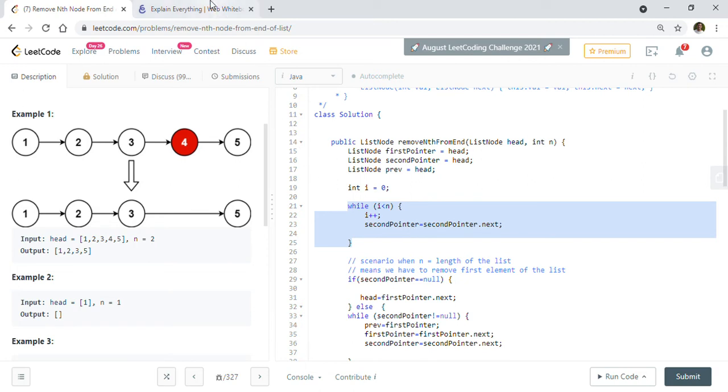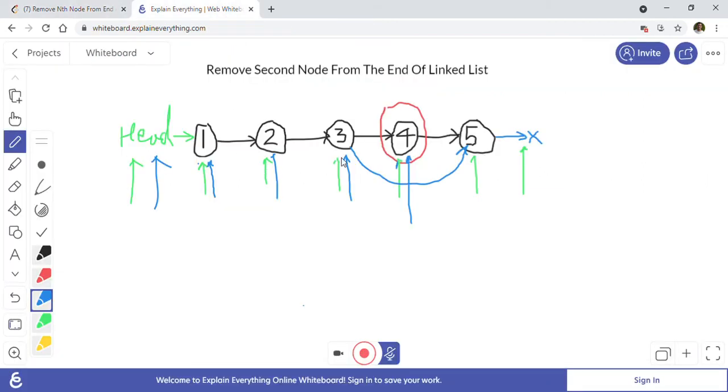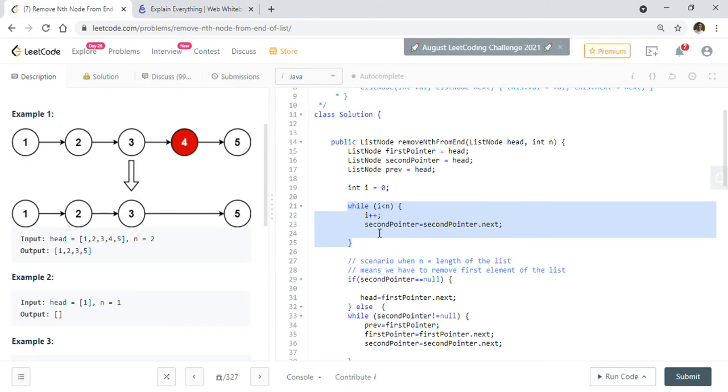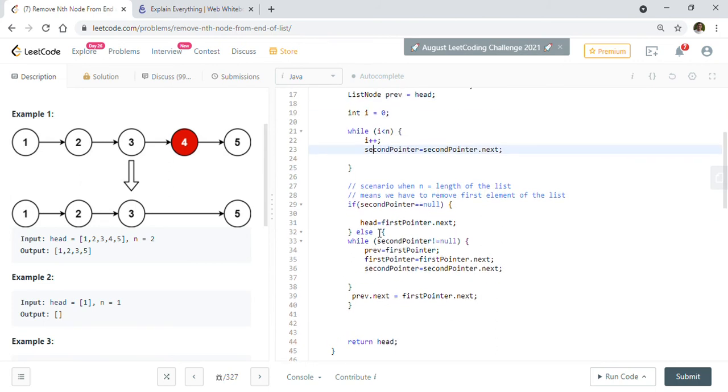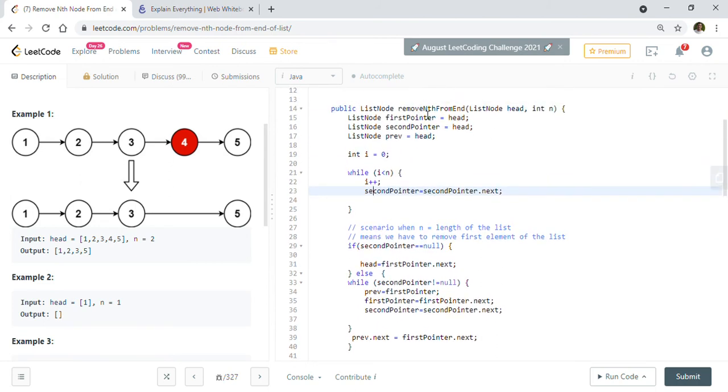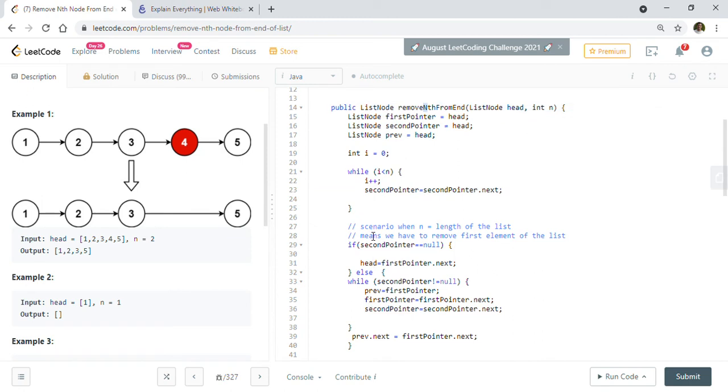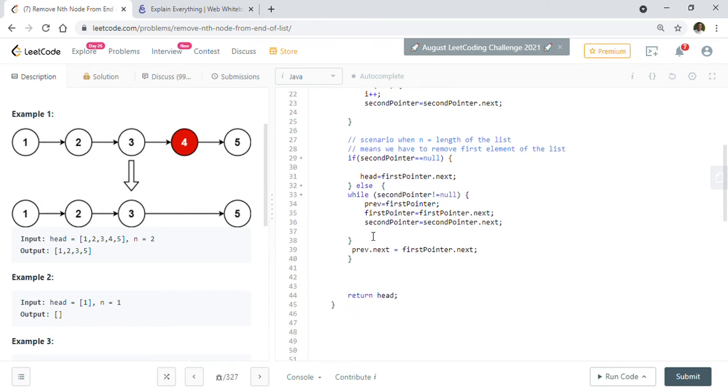That's what I explained here. The second pointer will be at number 3 when the first pointer is at number 1. So the second pointer will be ahead of the first pointer by n nodes, and at that time we will start moving both pointers simultaneously.